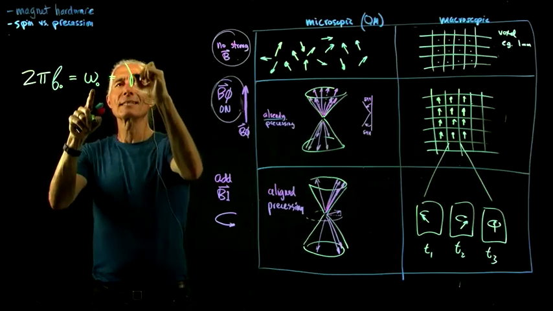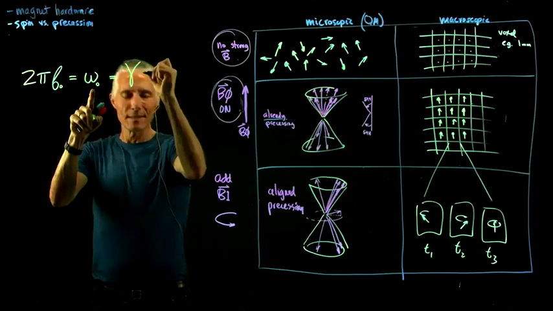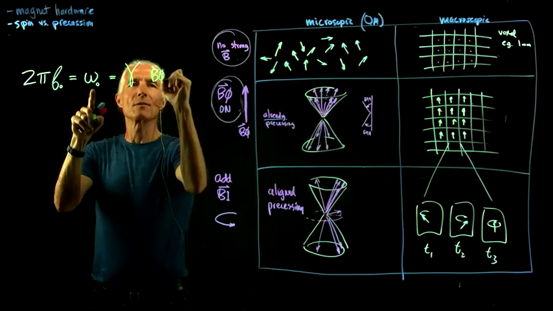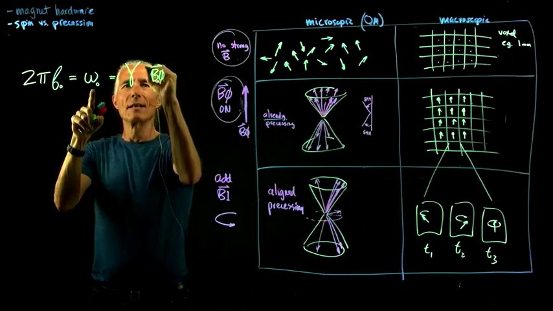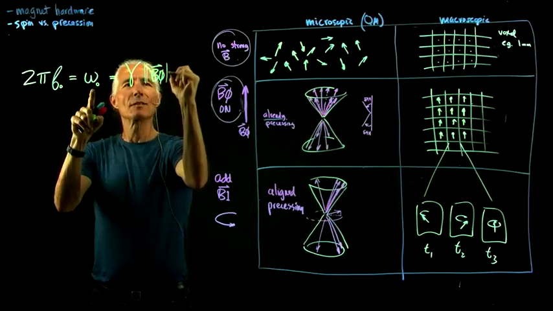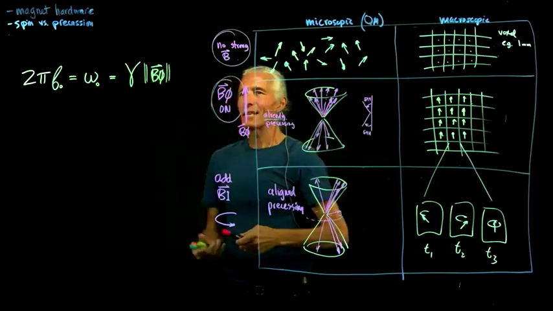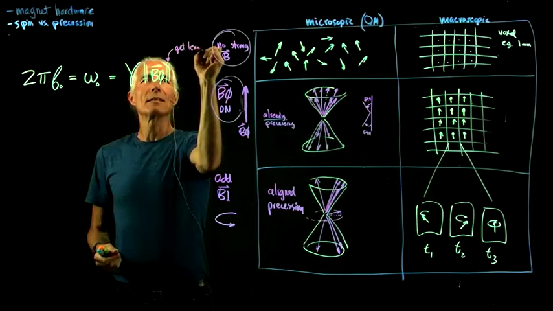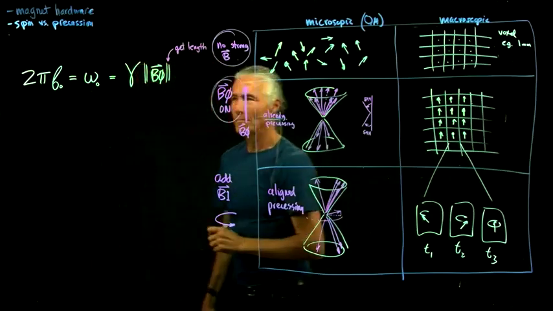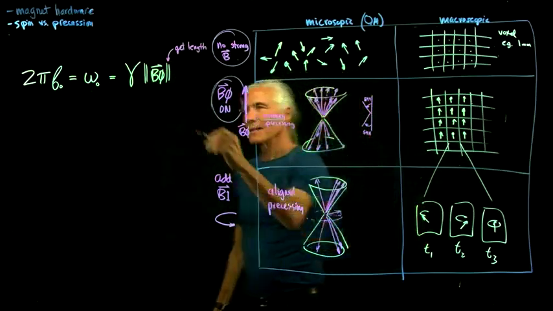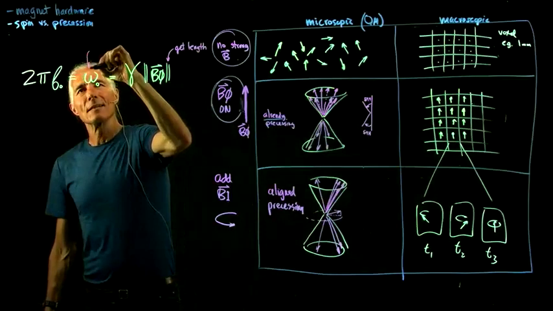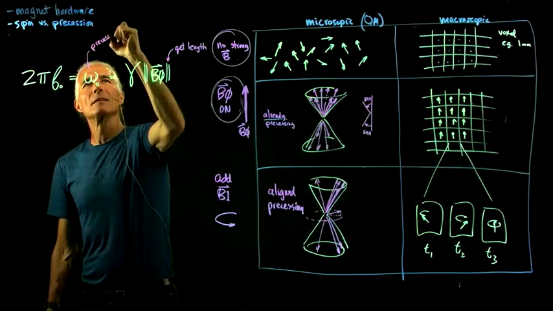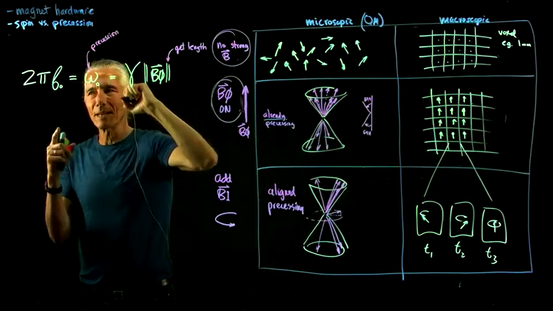That's equal to a constant. This guy gamma is a constant times the strength of the B0 field. So here's the B0 field vector. And that means we get the length of the B0 vector. And then what is this thing? Well, this thing is the precession frequency, which means not the spinning frequency, it means